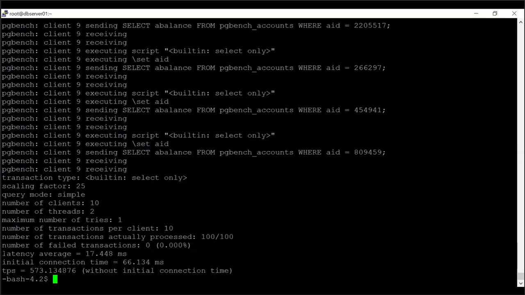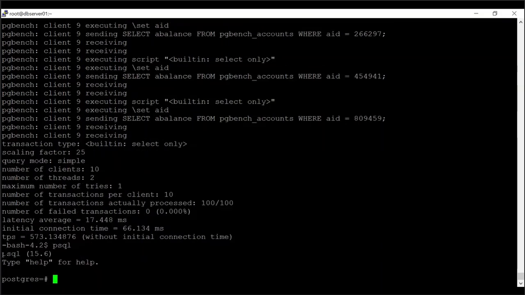Now, this test is for whatever tables pgbench created internally, the 4 tables. But I don't want to do it for those 4 tables. I want to do it for my customized tables based on the development team's requirement. They will give a select statement to you, and they want you to check how the average latency looks for that select statement. So for this, probably what I can do is create a